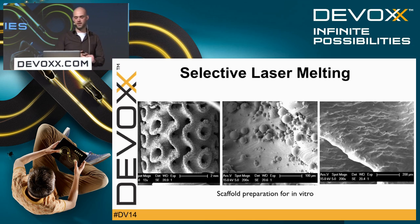And cells don't like it when you have a very bad surface quality. So what we do is, we then etch it to get a better surface quality, and that's the right picture. And now our scaffold is done for in vitro. So what we do is, we take some cells, we dope it into the scaffold, and then we place it in an incubator, wait for it, and then take it out, and you will see that there are cells growing